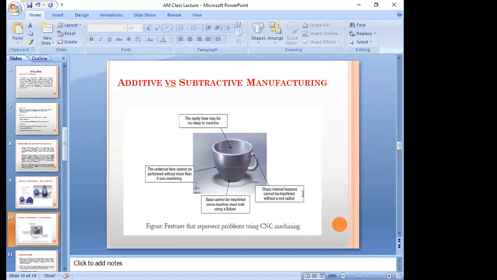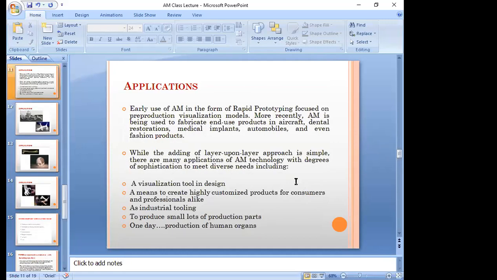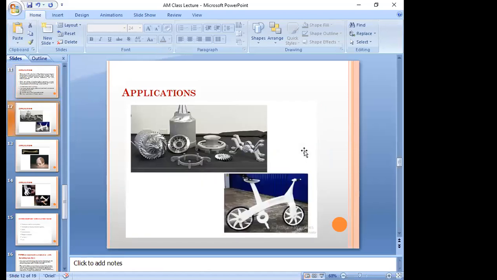So next, we have a lot of applications in rapid prototyping. Previously it was in the form of rapid prototyping, but nowadays we are transforming into additive manufacturing. The basic application of additive manufacturing is that we are going to produce a lot of mechanical components.